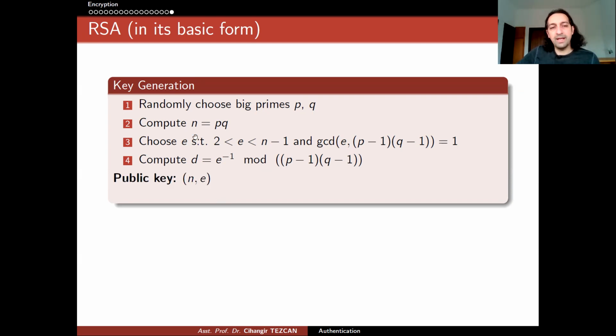Now the public keys are N and E. N is called the RSA modulus and E is called the RSA exponent. In all of the certificates or other communication, you can check which public key they are using as an RSA modulus and RSA exponent. But your private key is D, and nobody else can know this D, because we assume that this integer factorization problem is hard.